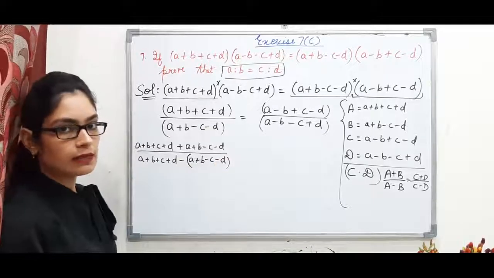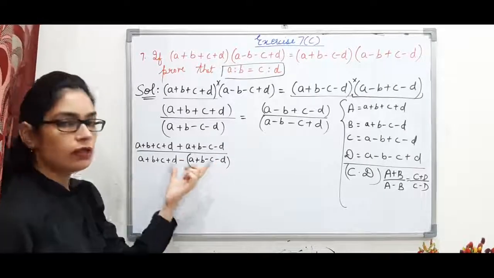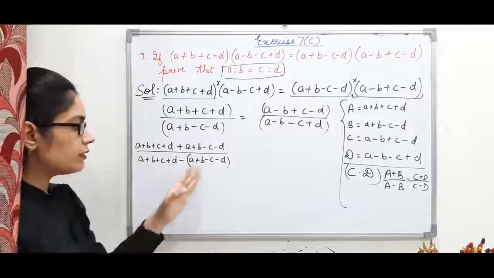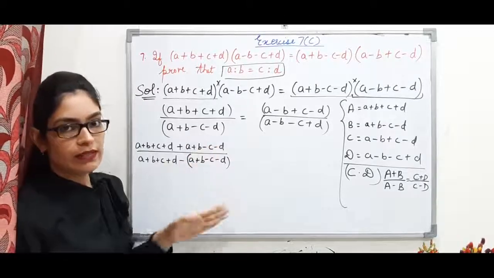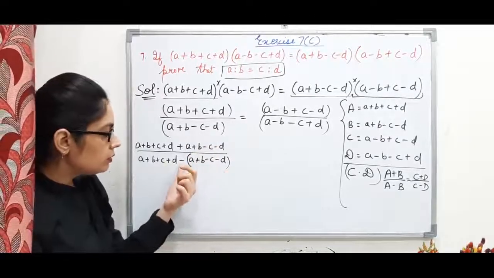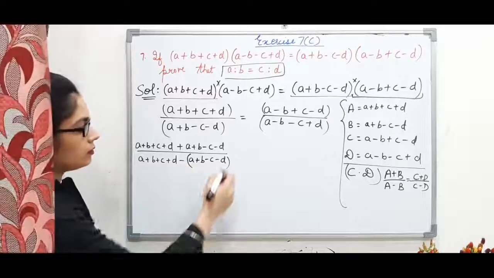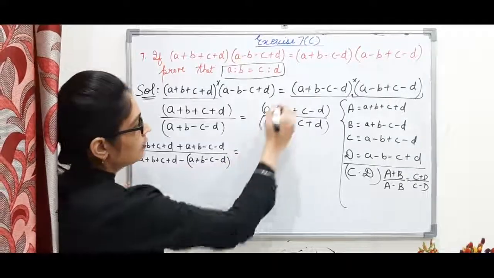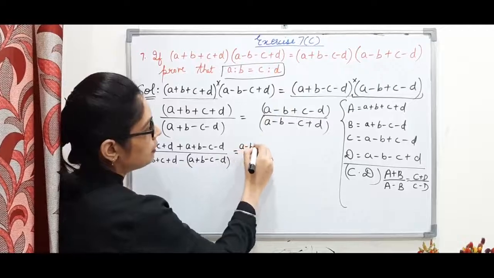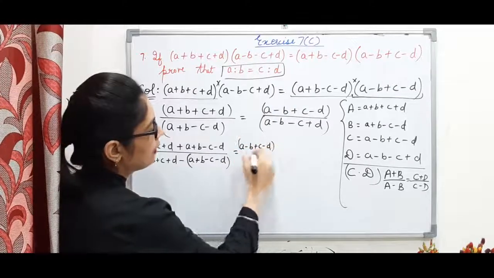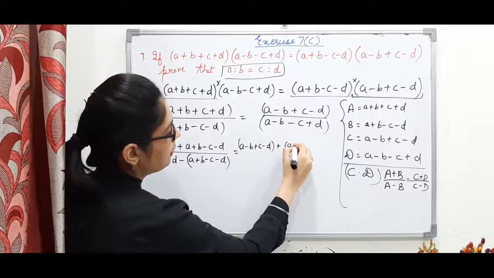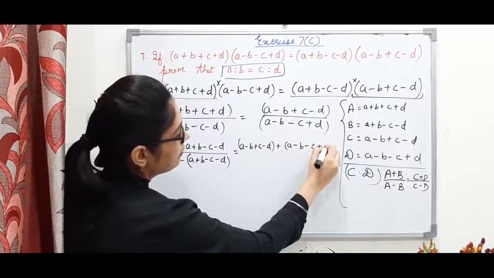Directly if you can change the signs, change it, because after doing subtraction we have to change the signs. In addition we don't change any signs, but when we subtract we have to change the signs. So this is c, a minus b plus c minus d, c plus d, a minus b minus c plus d,